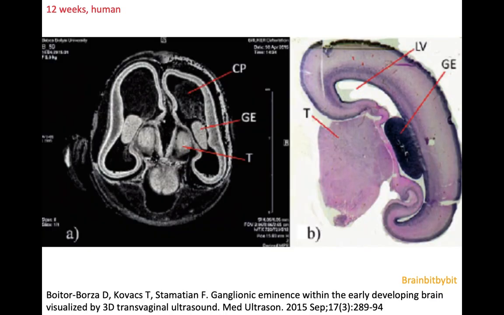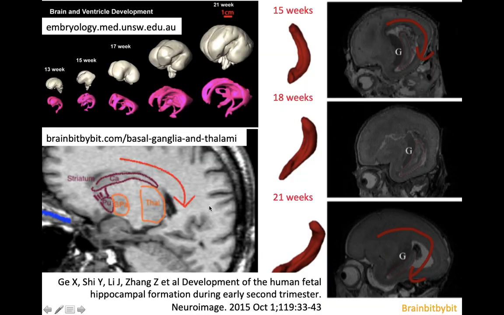This is a 12-week-old human fetus, and you can again recognize on ultrasound the thalamus and the lateral ventricles and telencephalic structures, and you can see that the telencephalon cannot grow any more posterior here. So what happens is that after 13 weeks the telencephalon and the cerebral hemispheres start to curve,